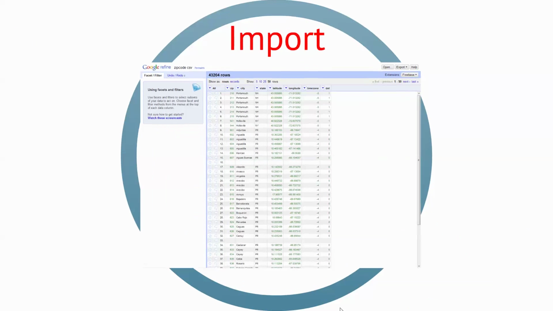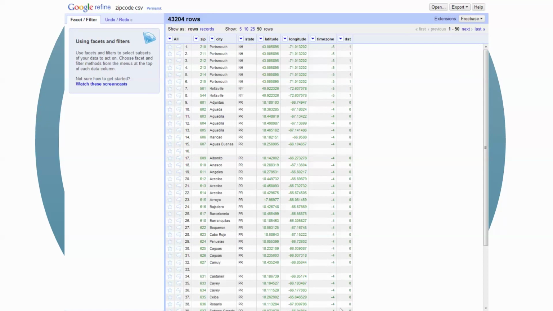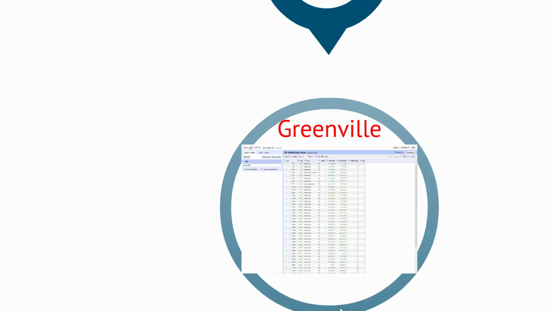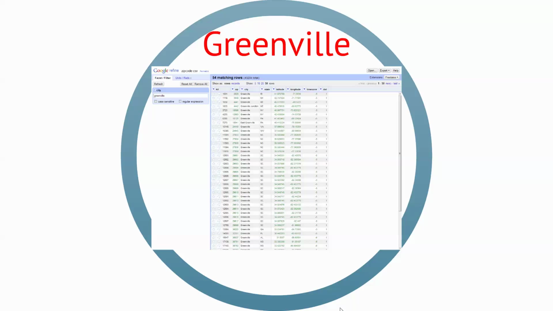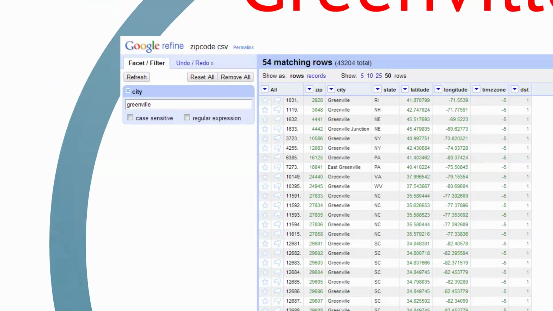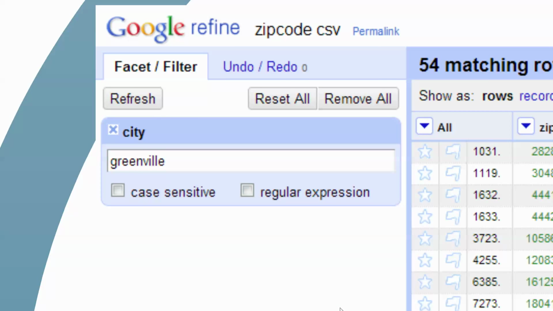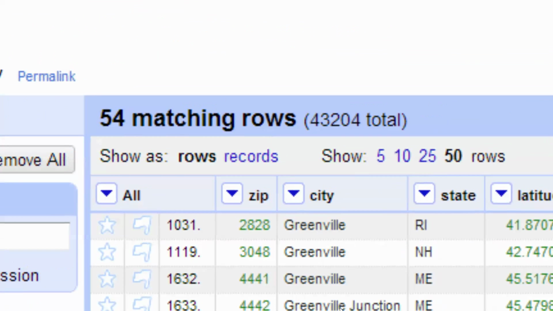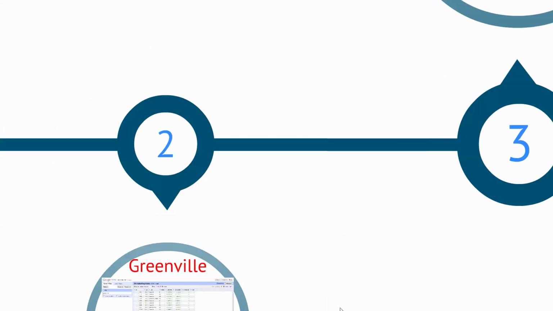I first imported the database into Google Refine, and it gave me 43,204 results for zip codes. And so I looked up in Google what the most popular city in America was, and it came back as Greenville. So I did a text facet on Greenville for the city column, and I had 54 matching results. So I figured that was a good chunk of data to represent in this, so I picked that